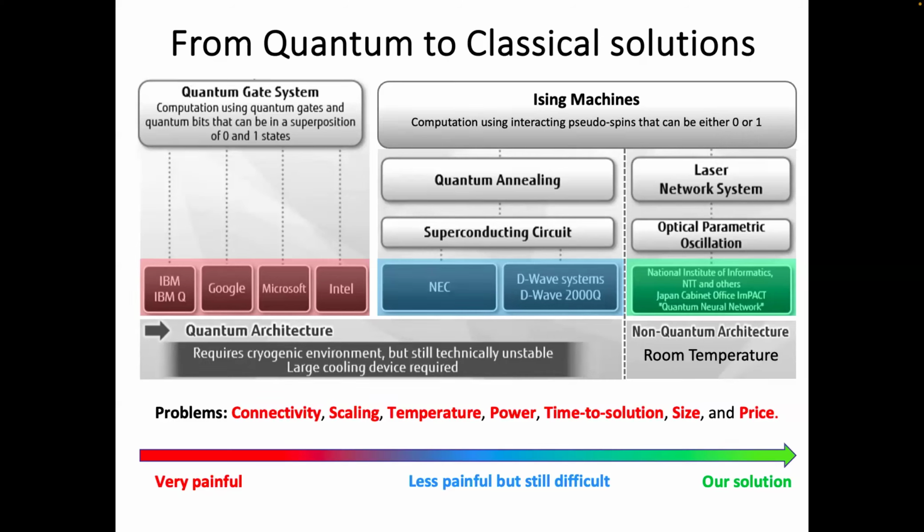But it's easier to make something classical, and that's been also done in Ising machines by NTT, for example. And this is where we are trying to operate as well. We're going to do something completely classical that still contains a lot of engineering.